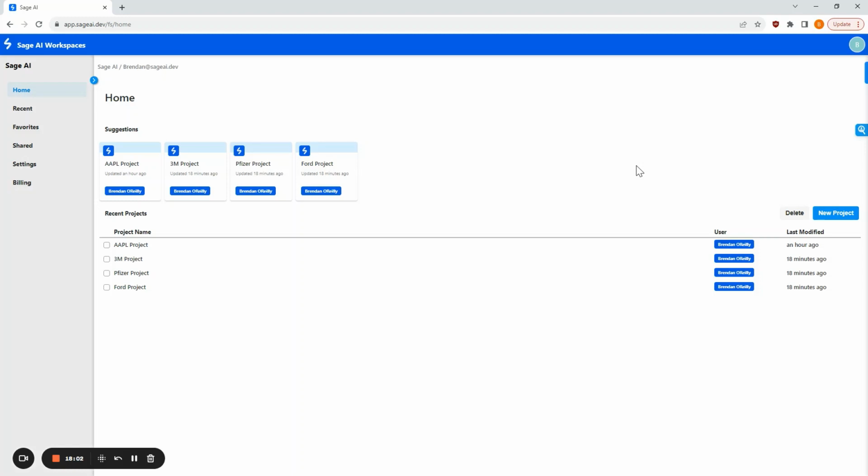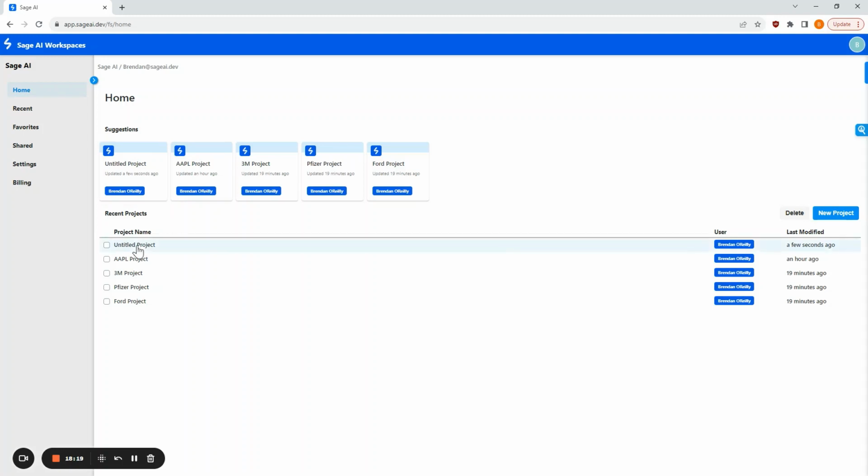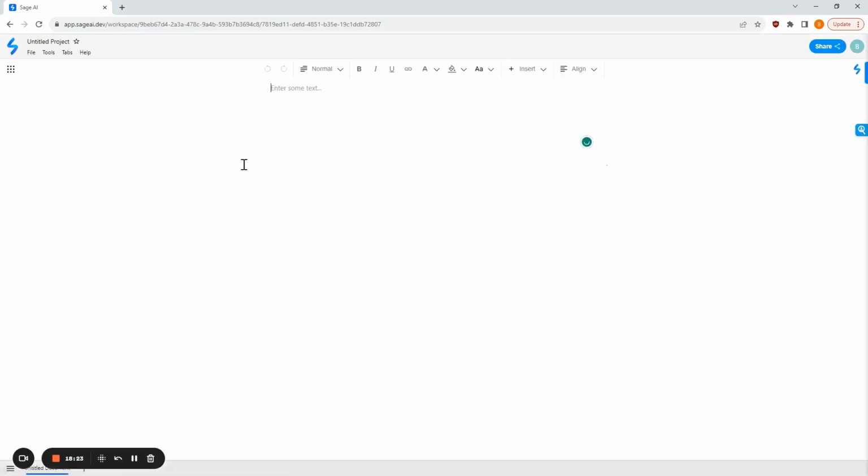And now I'll show you how to use the project capabilities and also a quick rundown of how the project section of the platform is laid out. So over here you can see, hey, I've got a couple different reports I've been working on already. So if I come over here and click new project, it'll now populate untitled project, and it's at the top of your list so you could easily find it. You click untitled project. Now we're in the actual project platform section of the Sage AI platform,